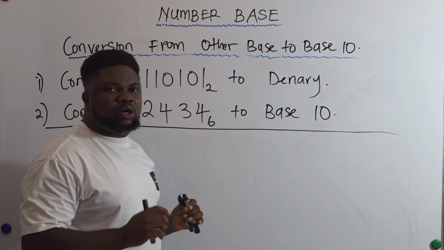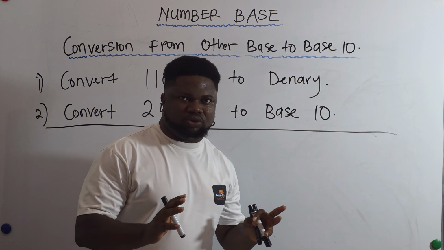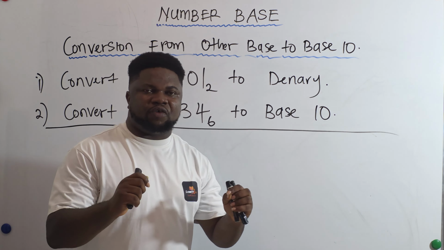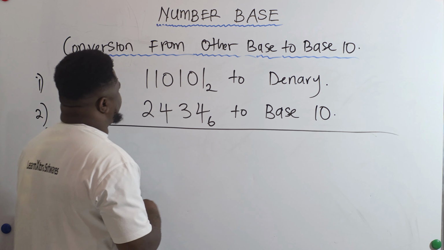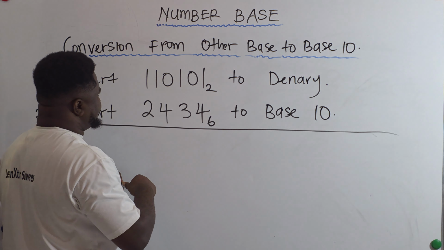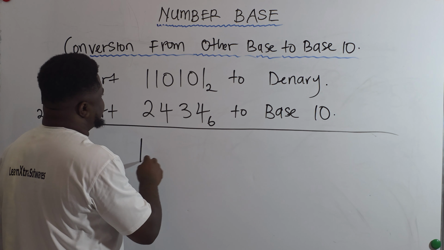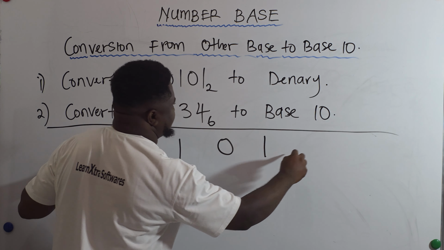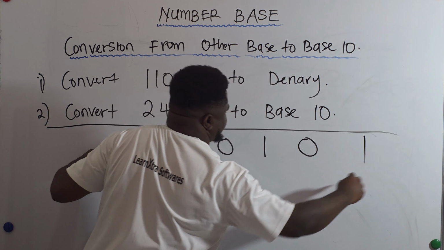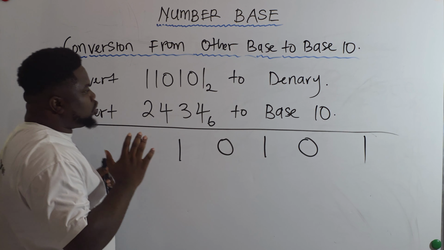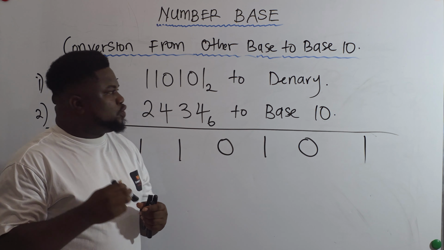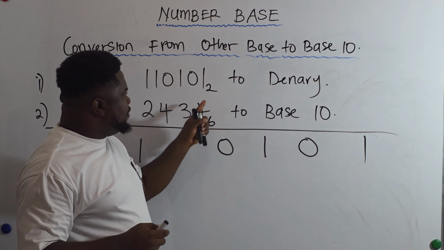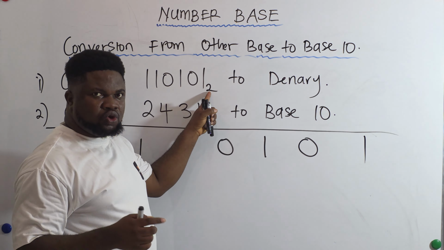I will show you what we call the position value method. It is a quick method for solving JAMB questions. So to convert this, we have 1, 1, 0, 1, 0, 1. What you have to do is this. Since you are going from base 2,